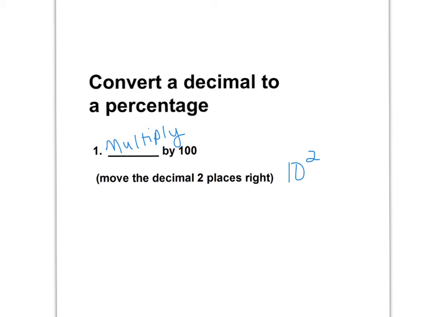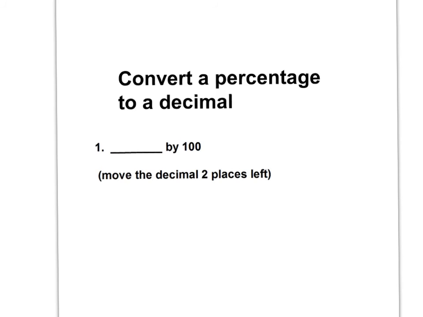So if we multiply by 100, that's 10 times 10, we move the decimal 2 places to the right. For example, the decimal 0.67, I move the decimal 2 to the right, I get 67%. To convert